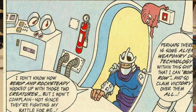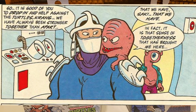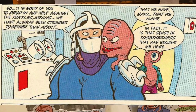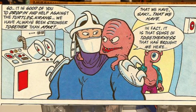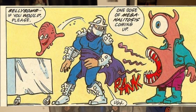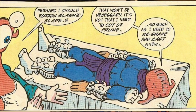I'll go look to see if there's some weapons I can use for my advantage. So as he goes in the spacecraft, Krang just hops on his shoulder and is like, hey, how you doing, Shredder? And Shredder's like, oh, nice to see you again, Krang. And they're just chatting it up. And then Krang reveals his dastardly plan is to actually take over Shredder's body. We see Belly Bomb zap Shredder, and that gives Krang time to...